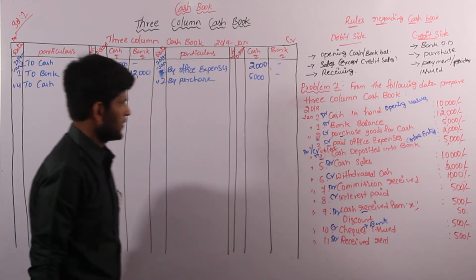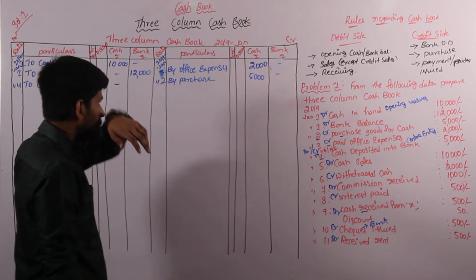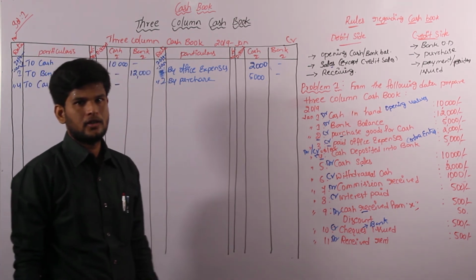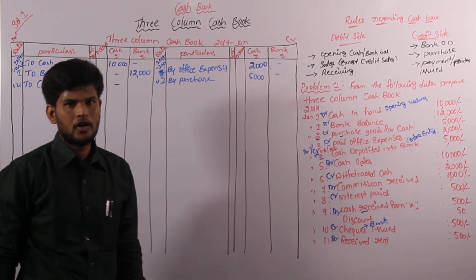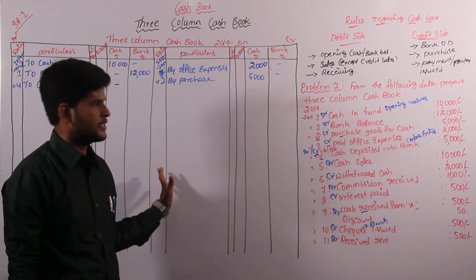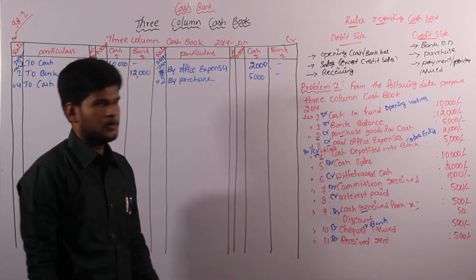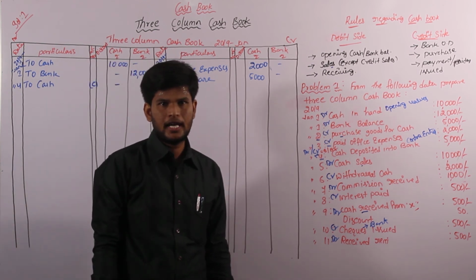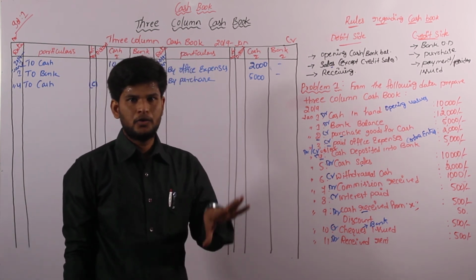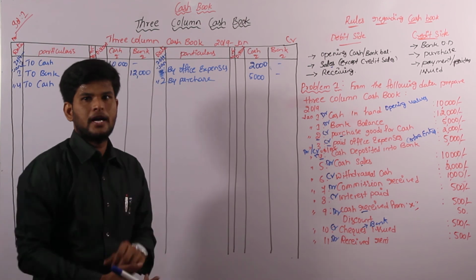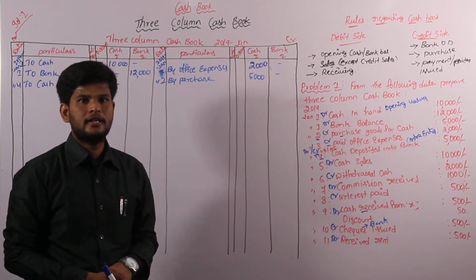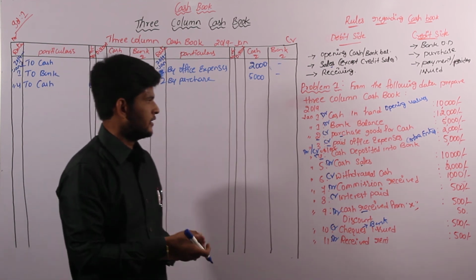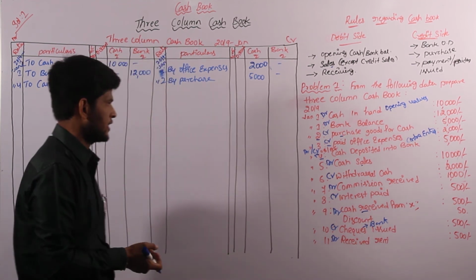Now come to the cash deposited into bank one. No need to get confused. Again I am repeating: cash deposited into bank is called a contra entry. When we have the contra entry on the debit side, we have to write the same value on the credit side also, because of the assumption. When we deposit cash into bank, in our passbook we have a particular copy, and the banker also maintains the same copy in their cash book. That's the reason we enter this contra entry transaction on both sides of the 3-column cash book.